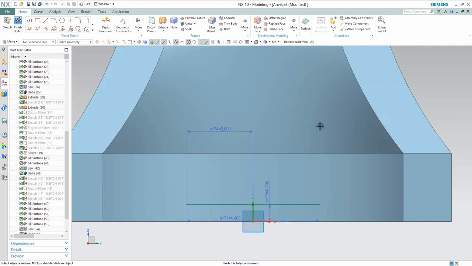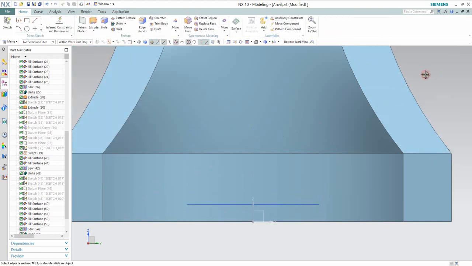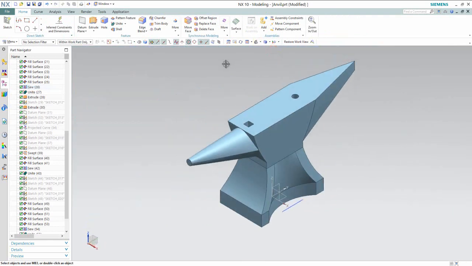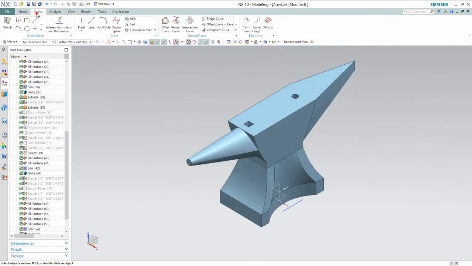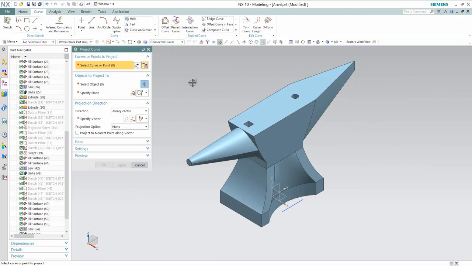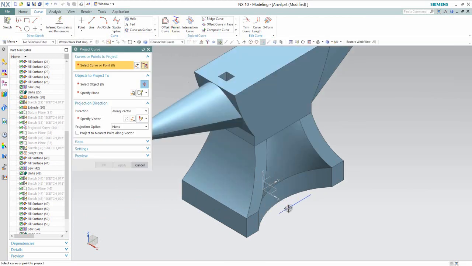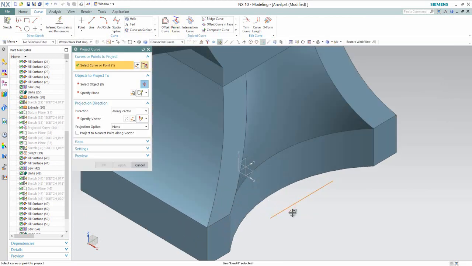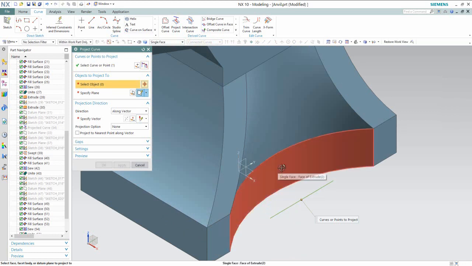And apply the dimension on this line. Okay, finish the sketch. Return back to the isometric view. Go to the curve tab and activate the project curve command. Select this line. Okay. Next, select this face. Okay.